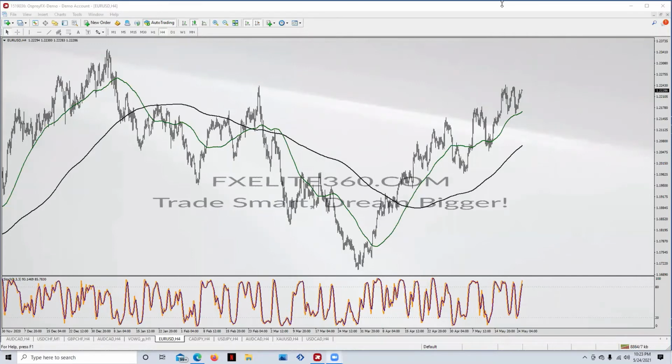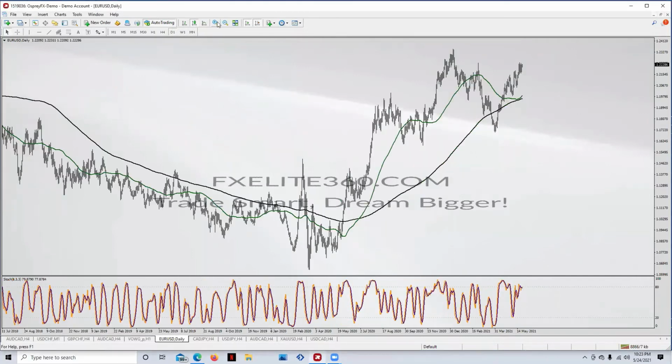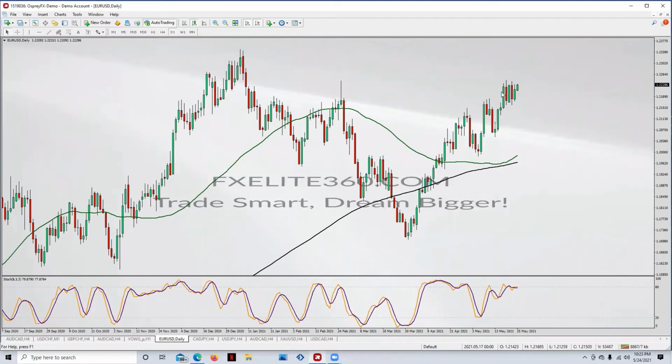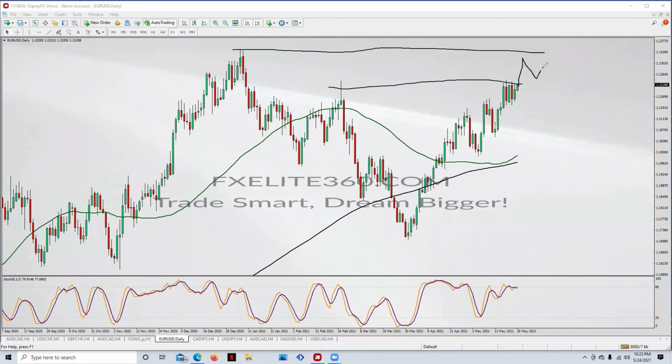Actually, let me do this on a daily. Let's go to the daily. If we end up breaking this level, because we're just consolidating here, and then price comes to, you know, price breaks, this becomes a resistance. It was a resistance, then it becomes a support. So we're gonna have a price fall from here, and then maybe make a top, and then this becomes the massive swing trade all the way back to here or even lower.